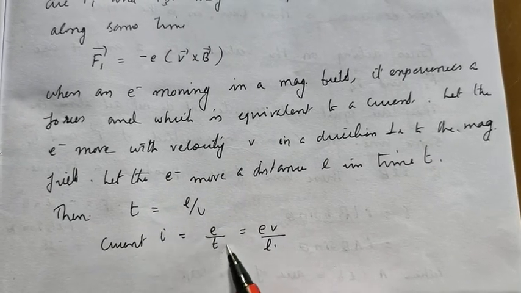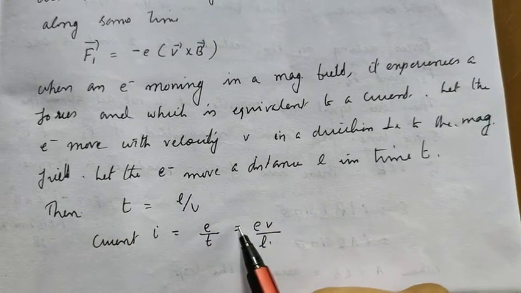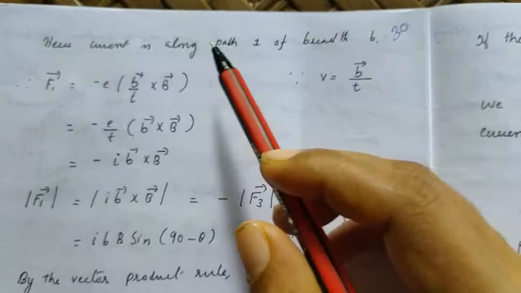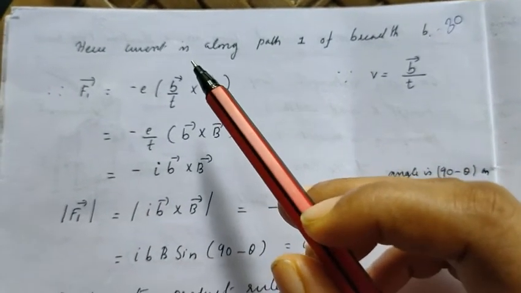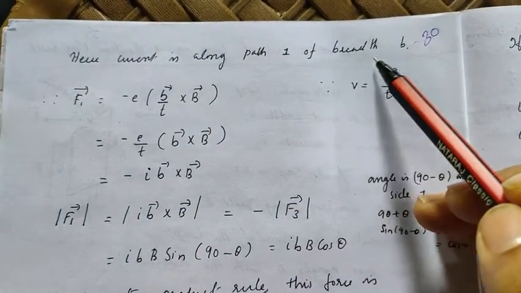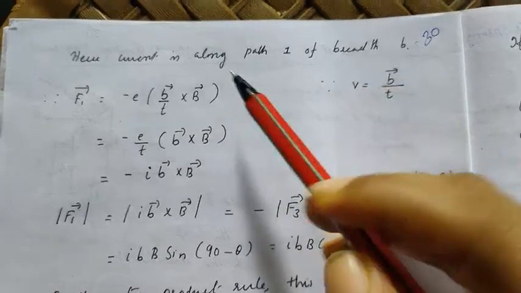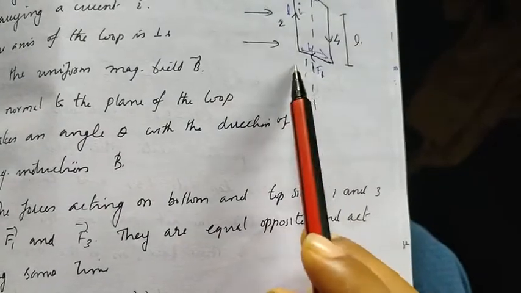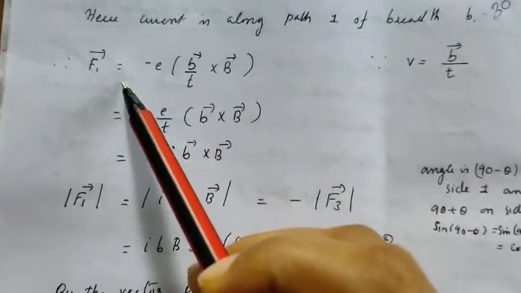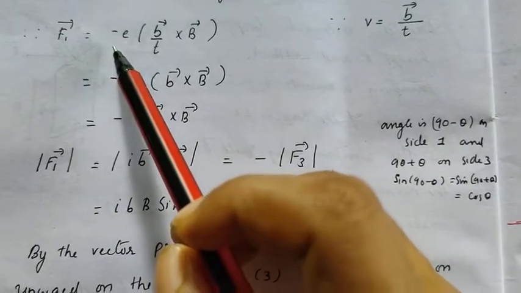Instead of t we can substitute L by v, so we get I is equal to ev by L. Here the current is along side 1 of breadth B. Now the force F1 is equal to